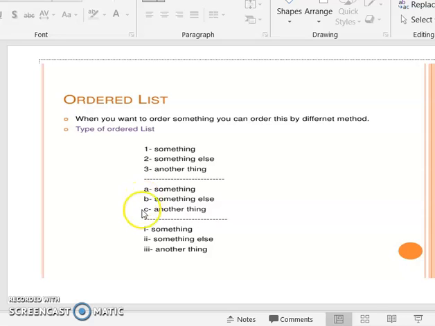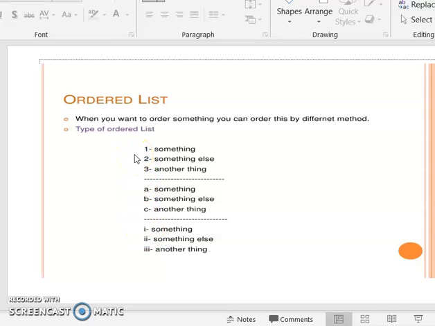Next here A, B, C. Then this Roman numeral 1, 2, 3. These are three different ways of listing elements. So we can list the elements with some particular numbers, that is numeric, alphabets or Roman numerals.